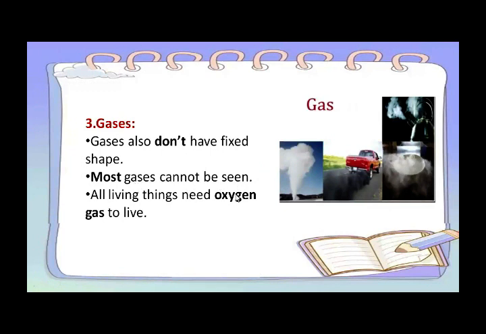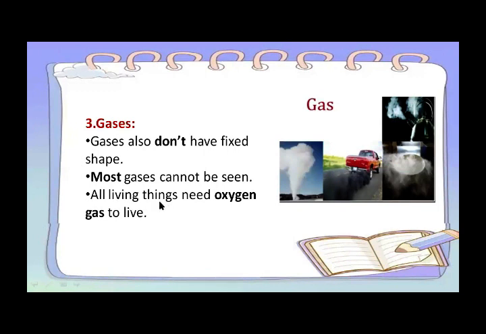Like right now, you are inhaling oxygen gas. All living things, you know it very well, need oxygen gas to live. And oxygen gas is one of the most important gases in the air. Nitrogen, oxygen and other gases are also present in the air, but we cannot see them because most gases cannot be seen easily. Oxygen is a very important gas for all living things like animals,